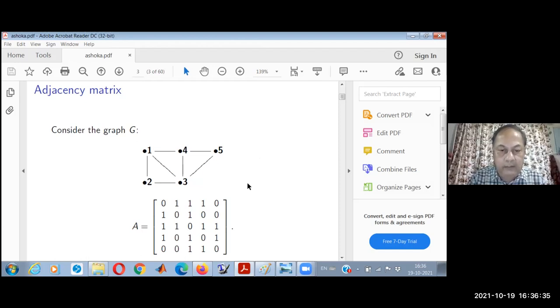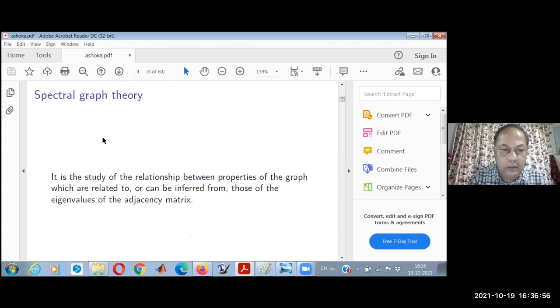So graph theory, as we know, they say it goes back to Königsberg bridge problem of Euler, but that's quite old. So the modern graph theory, I would say, begins with the textbook of Koenig, I think in the early 1900s. And adjacency matrix is quite old, especially mathematical chemists were fond of this matrix, and there were several conjectures and so on. So spectral graph theory is the study of relationship between properties of the graph and which can be inferred from the eigenvalues mostly, but we can also look at the determinant and some other properties.